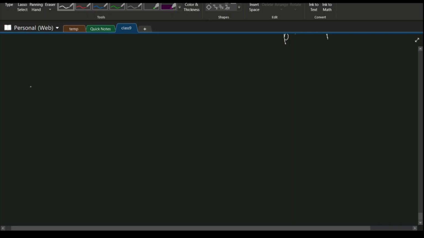So let's pick the numbers where we can find it easily. If I pick 27 to the power 1 by 3, first of all, how do we read it? This is principal third root of 27, or in short form we say cube root of 27, right? So principal third root of 27,